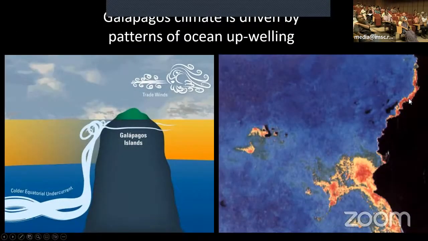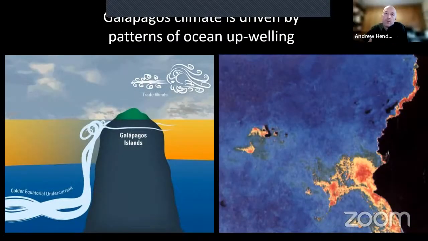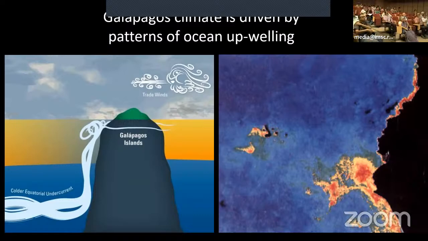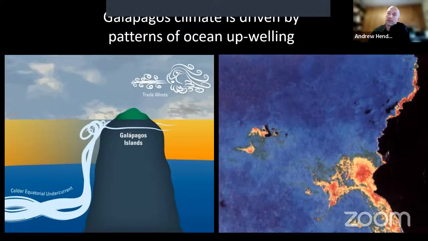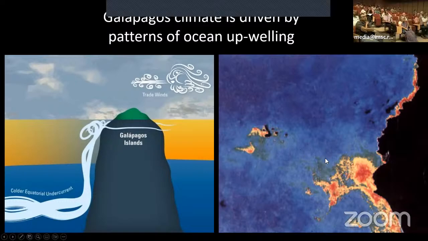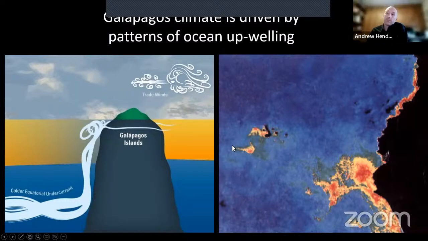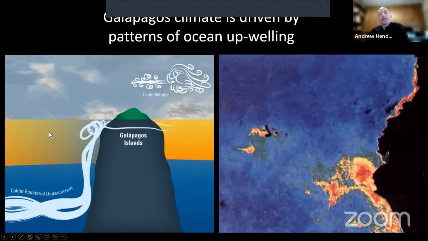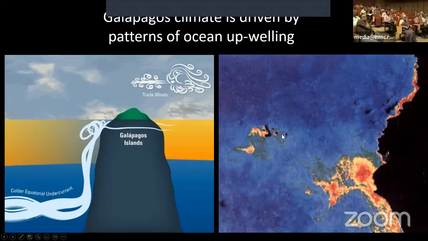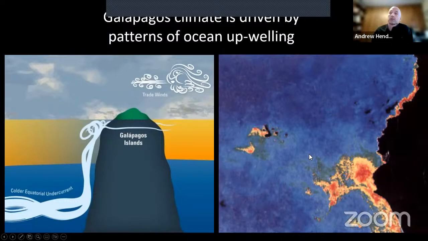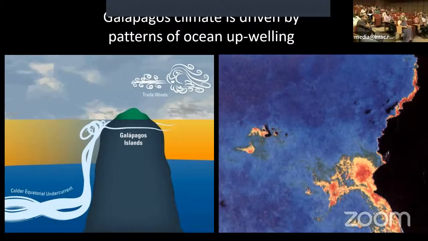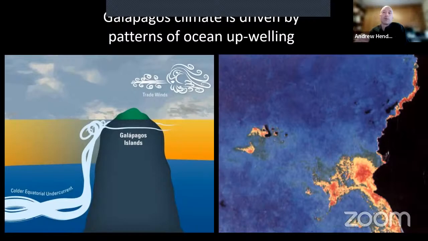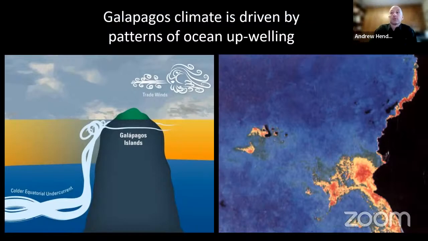Now, another really important feature is that there's a lot of environmental variation in Galapagos, driven in part by the degree of upwelling that occurs along the islands. So the trade winds generally blow off the coast of Ecuador from east to west, and as a result, they blow warm water off of the mainland and off of the Galapagos Islands, which leads to cold water upwelling from below. And that leads to a lot of productivity along the coast that has a dramatic effect on all of the land organisms and the marine organisms. But that varies dramatically between seasons and from year to year, which is what is driving rapid evolution of organisms